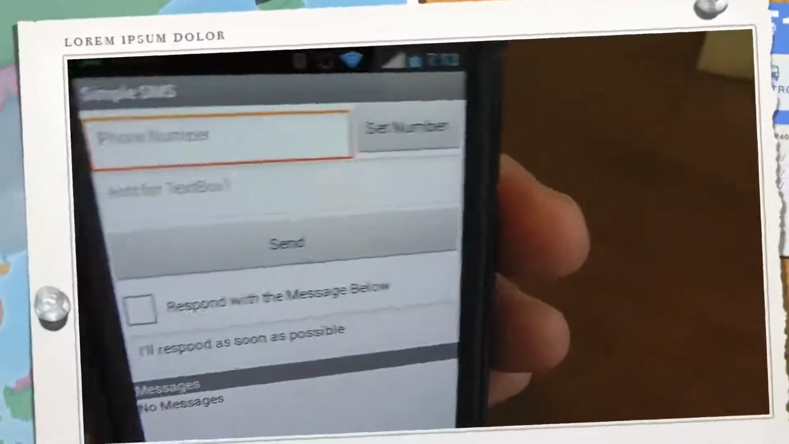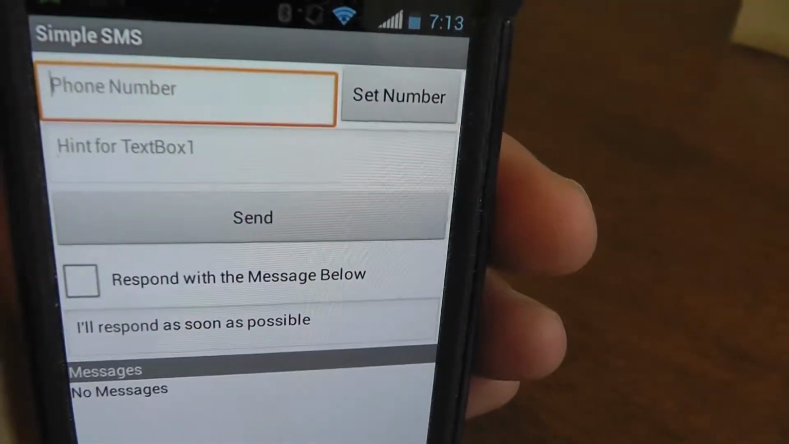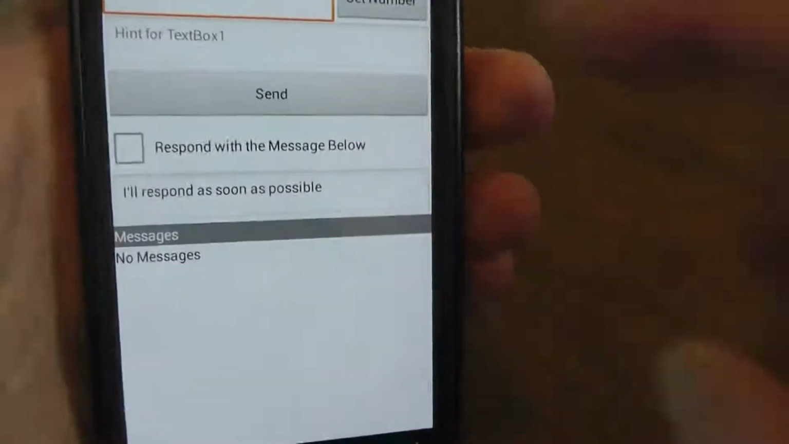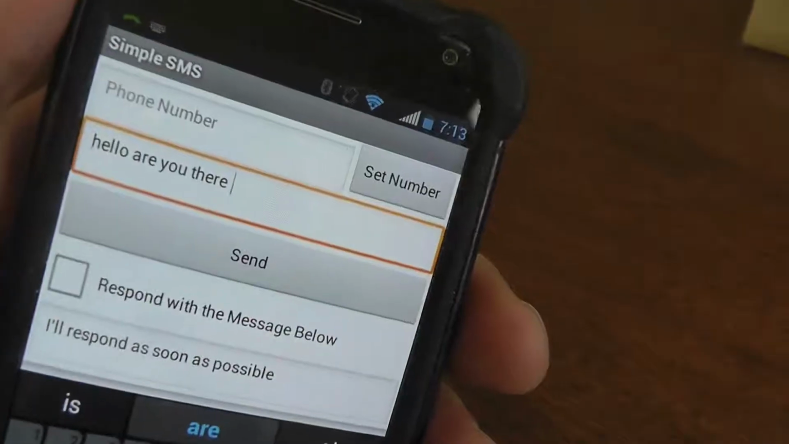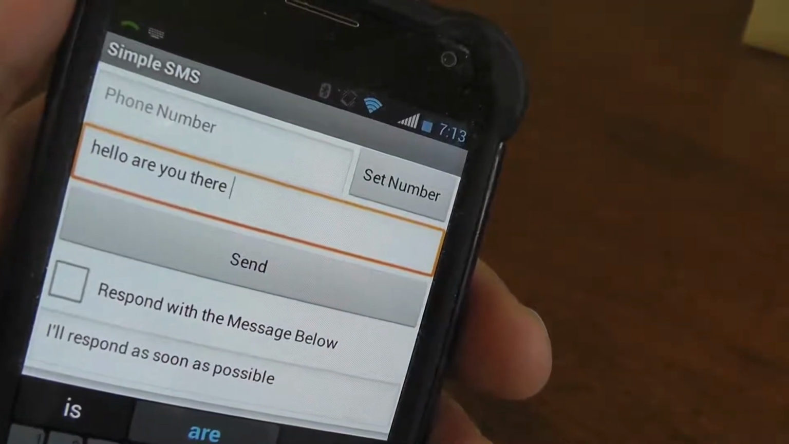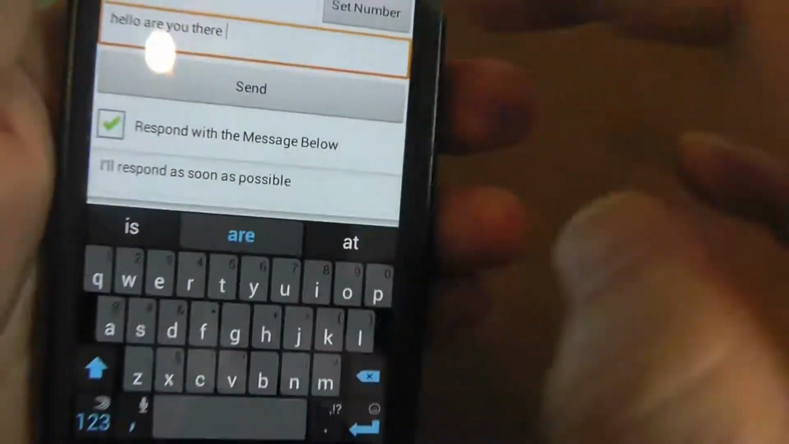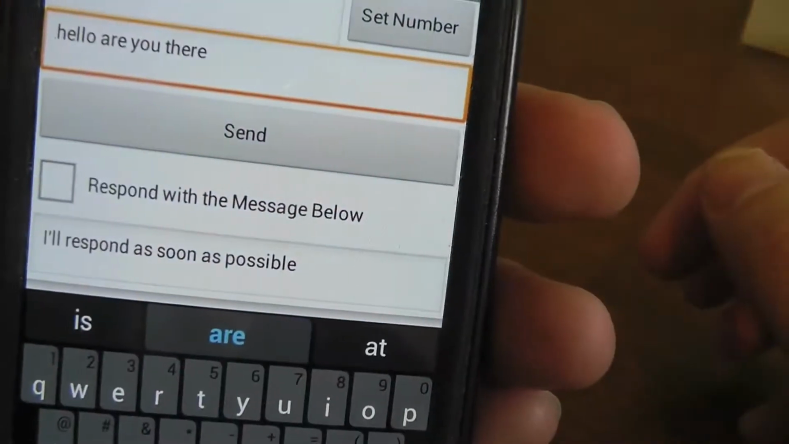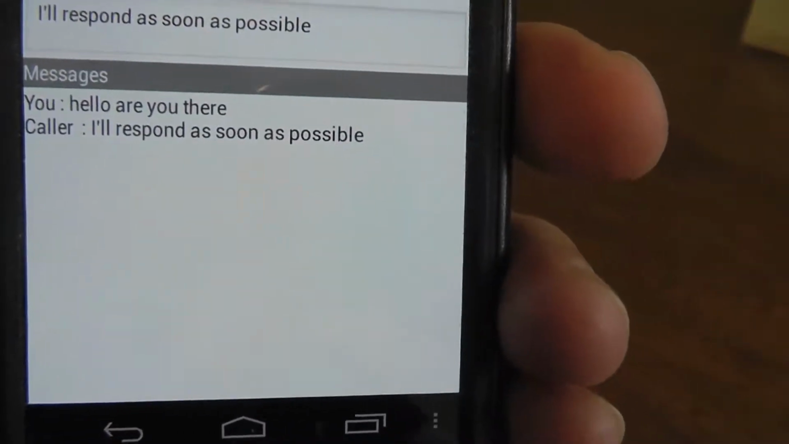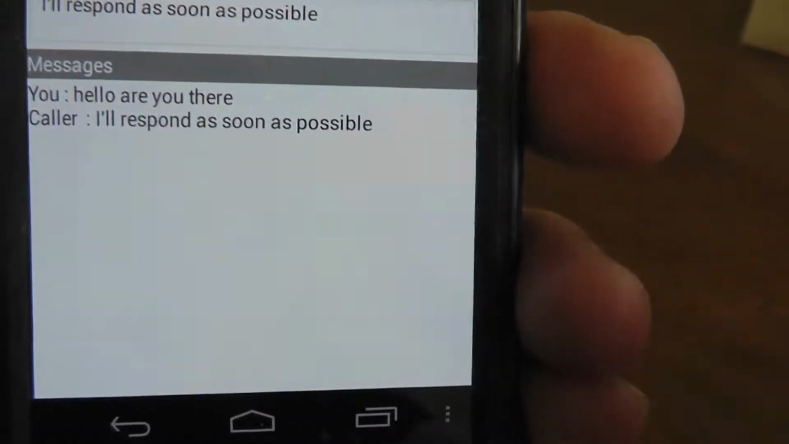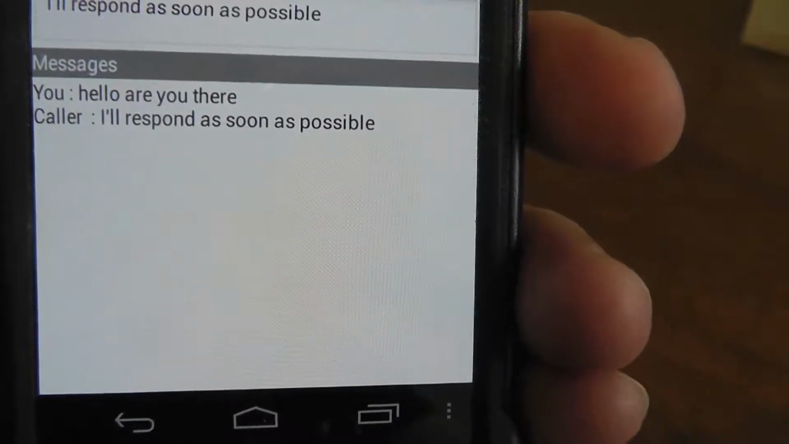Okay, well, here's the finished application. You're going to be able to set the number you want to text with. You're going to be able to enter in a message and send, of course. You're also going to be able to click in a checkbox, and what's going to happen if that's checked is if somebody sends you a text message, it's going to reply based off of whatever you have written there. And of course, it's also going to display the messages that you send as well as the messages you receive